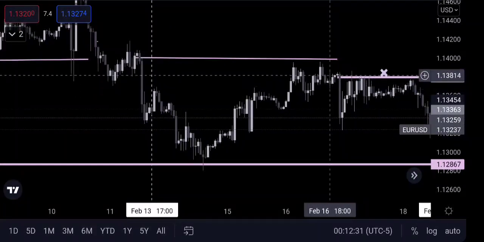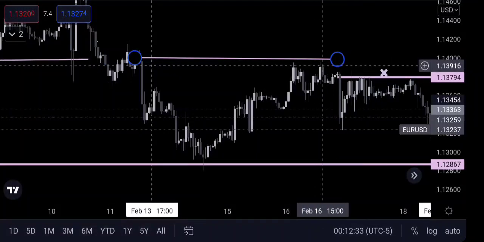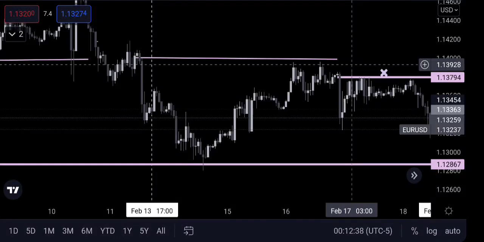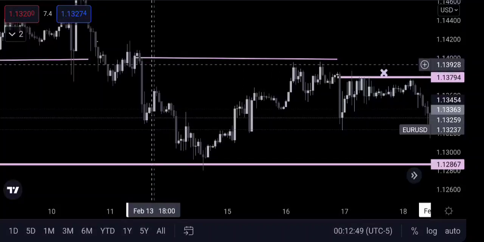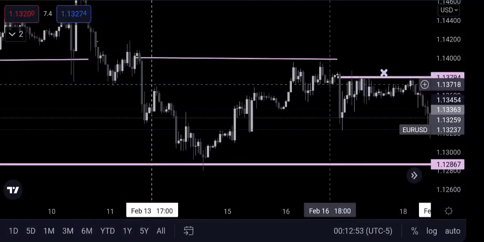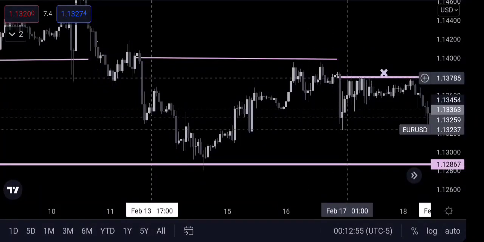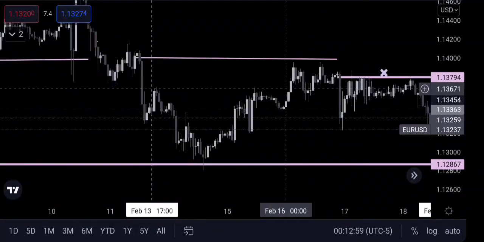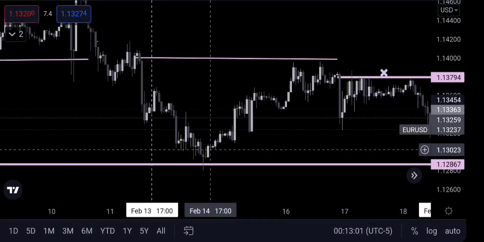So price came into this area and tapped into this area. It didn't tap into the volume, but it tapped more into the wick instead. That's why I say it all depends on your experience in trading. So price came and filled the void, and then price came down, and then we have another range here. Price filled this void and came straight on down. So potentially you could have bought here,